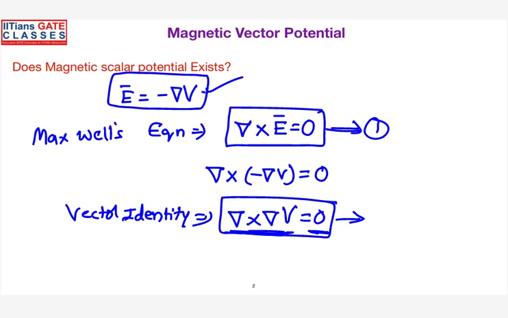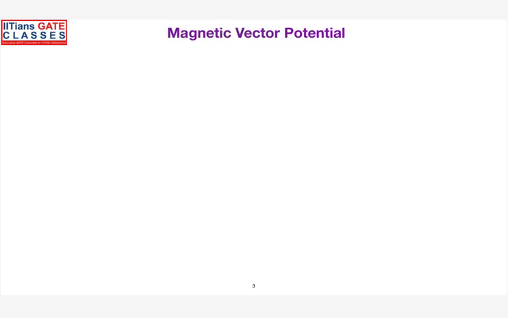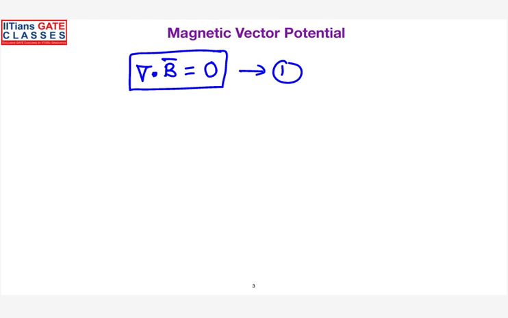So let us see what is meant by magnetic vector potential. Here, whatever potential I called is basically a vector in magnetostatics. I will try to come across the magnetic vector potential with the same Maxwell's equations. In the case of a static magnet, you basically know that the divergence of the magnetic flux density is always equal to 0. In magnetostatics, there is no divergence for magnetic fields.